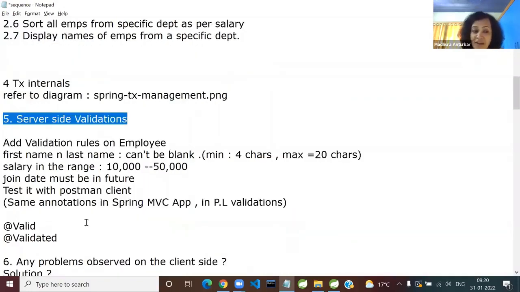So I'll show you the validation annotations, or rather validation. This is server-side validation. You must be already knowing, even if you have client-side validation, anyone can just disable it. It's JavaScript validation, one can just disable the JavaScript or ignore the client-side validation. So it is very essential in your projects to add the